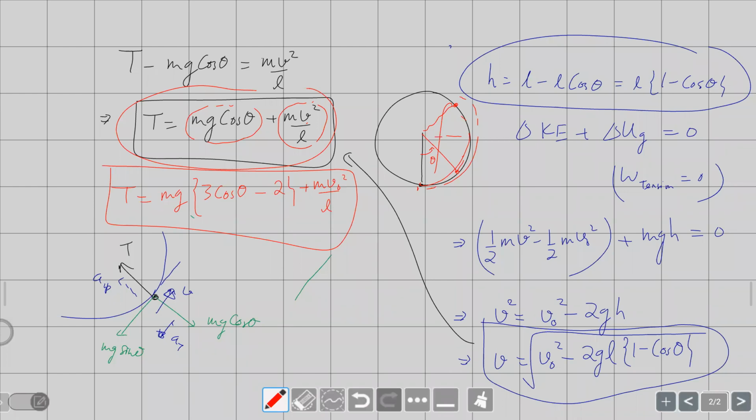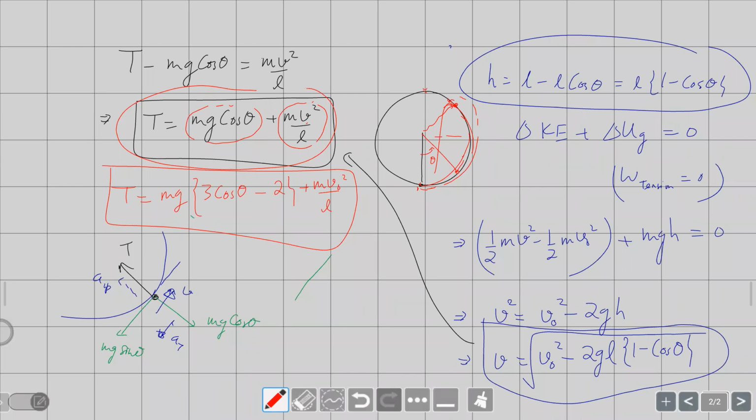So it is possible that the particle reaches somewhere and at that point the string becomes slack because it does not have enough speed. If that happens, there is no tension. It won't exactly fall vertically, but it will fall in a small projectile because of gravity. So then it cannot sustain the vertical circle. Whereas if you give it a comparatively large amount of speed, then it will reach the 180-degree position with the string tight. And once it reaches the 180-degree position, it's just going to do a mirror image of that, and it will perpetually complete the circle.